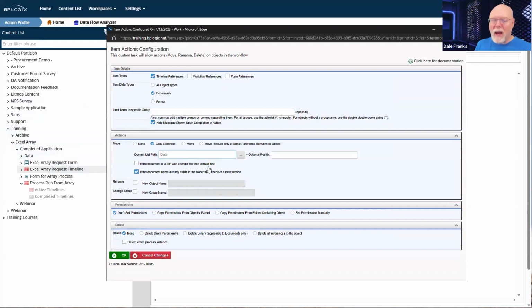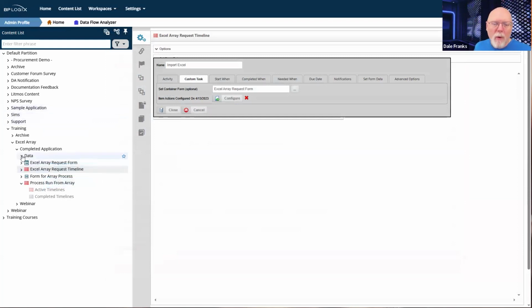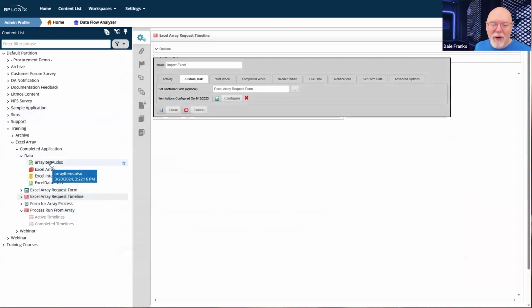And by the way, everything should be the same. I've got a template file. That template file exists in the data folder. All I'm doing is uploading a different version of it to overwrite it so that it re-imports the data from my attachment. So I just have a form. I can set up the attachment and send it off to the data folder. What we were actually looking for in the data folder was the array items spreadsheet, not this Excel data spreadsheet.